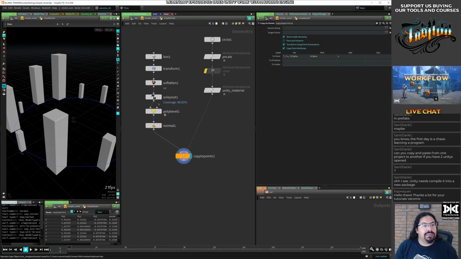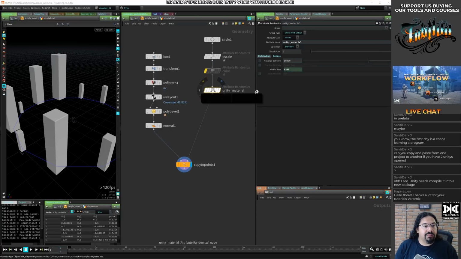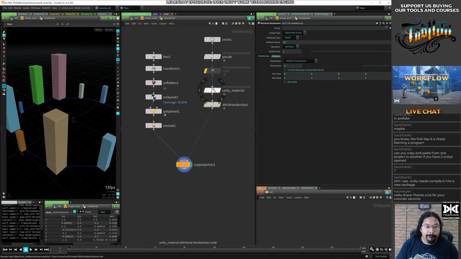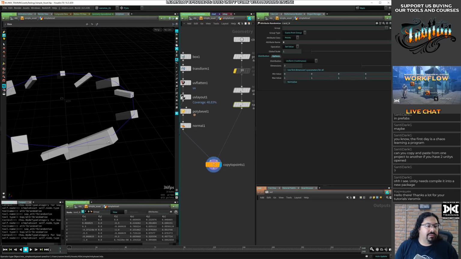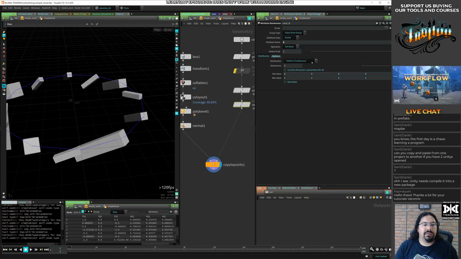Okay. So we can actually also randomize the normal. Let's put it n, and I don't want them to rotate in the y direction, so I don't want it to be rotating in every direction.